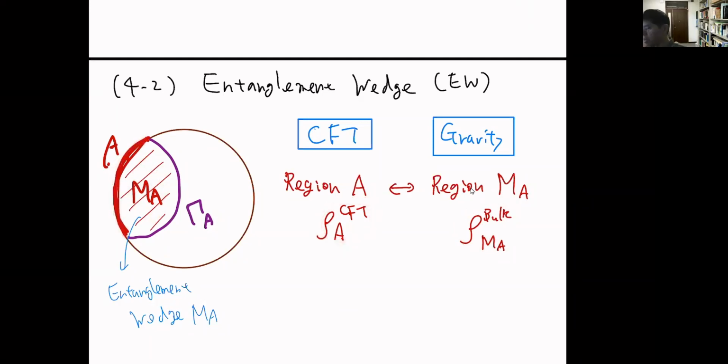And the idea is that these two are dual to each other, a correspondence. There is a one-to-one correspondence between them, but of course we have a comment that we would like to take some low energy